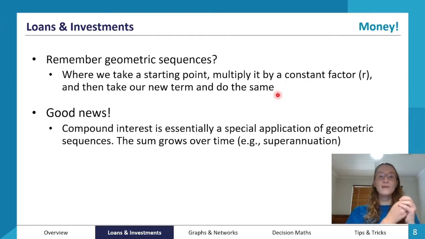So we take our starting point, 3, multiply it by 2 and get 6, and then we times that by 2 again and get 12, times that by 2 again and get 24, and it can go on and on and on because it's a sequence. So we're just applying the same rule